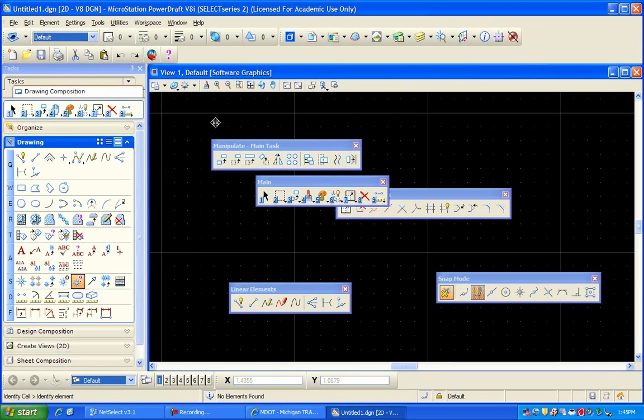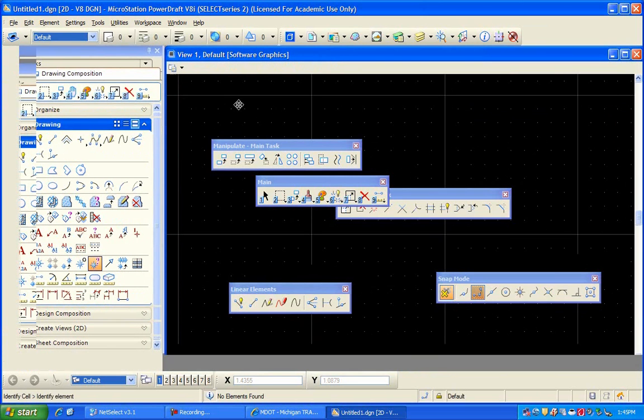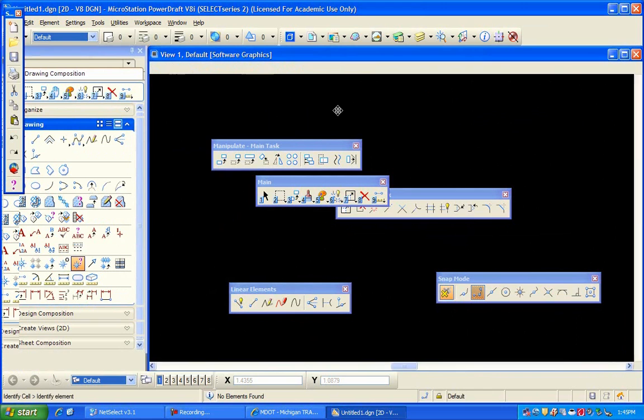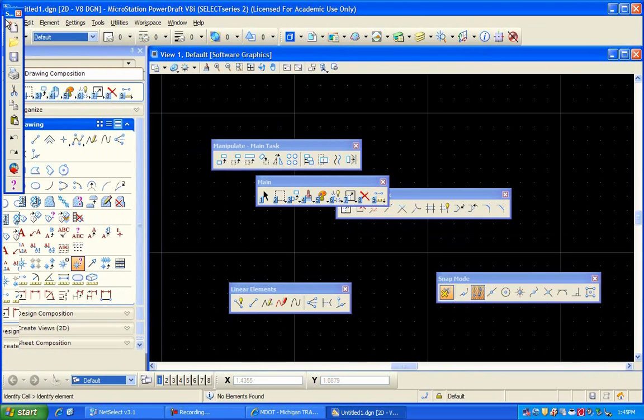If you want to move a docked toolbar out, you just grab where at the beginning of the tool feature there, and you can bring it back out. No, it didn't bring it back out, but